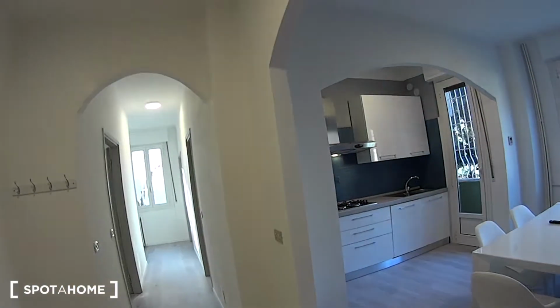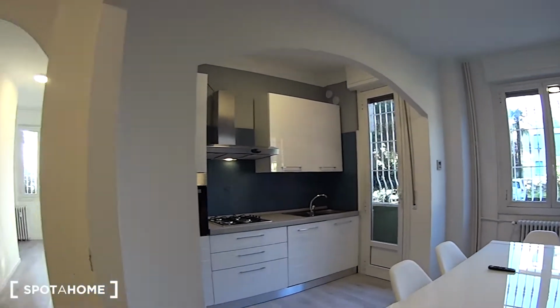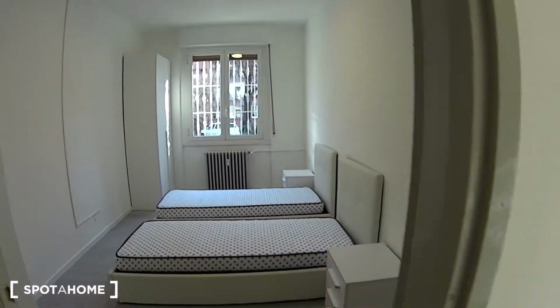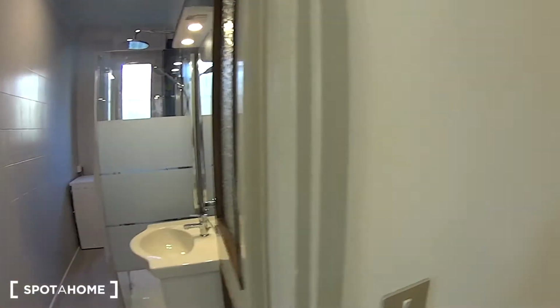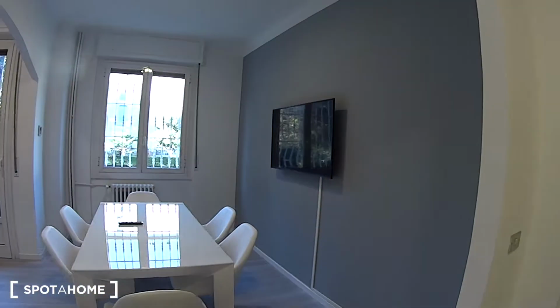So this is our entrance door. As we walk in, we have the beautiful kitchen and the living area on the right with the access to the balcony. While proceeding through this long and luminous corridor, we find bedrooms. So bedroom number 1, here we have bedroom number 2, bedroom number 3 on the right, and turning back we find a shared bathroom. So we can just begin our tour with the shared places, which include the living area